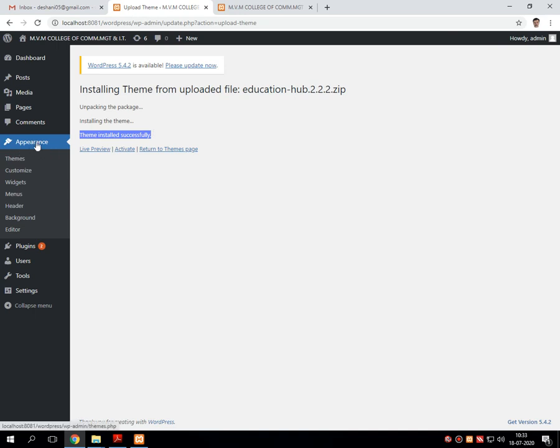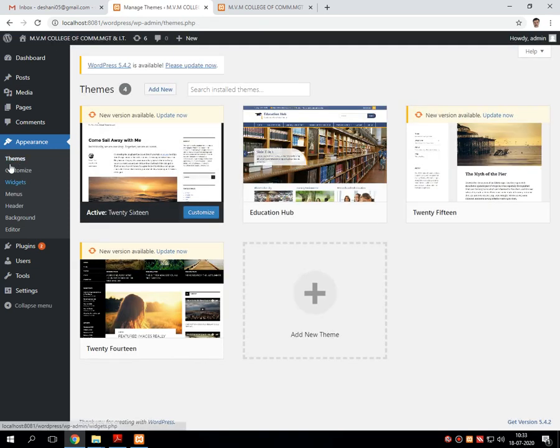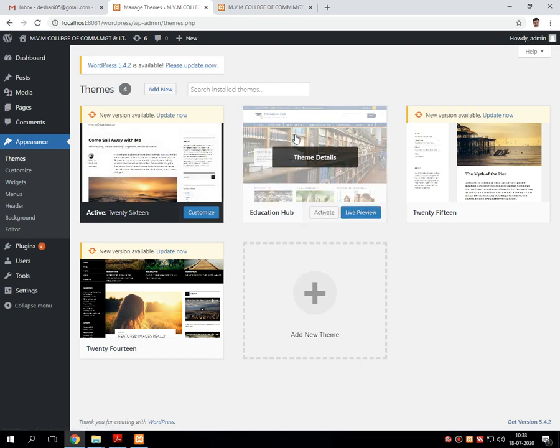Now in appearance and theme, if you click on that theme option, you can see that my downloaded theme will be displayed over here, which I can activate.